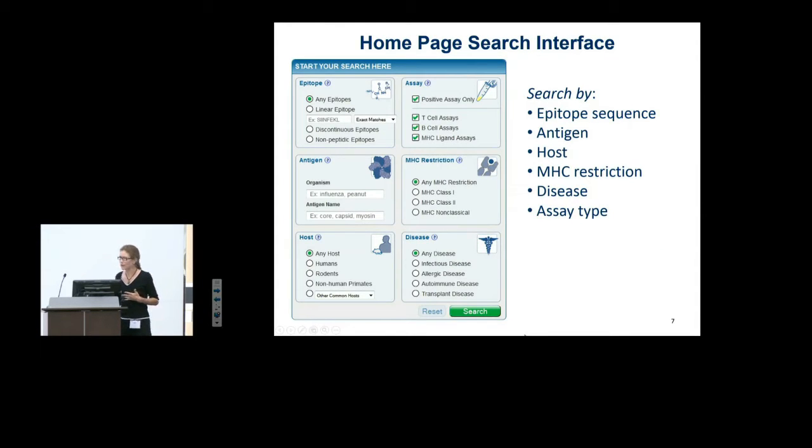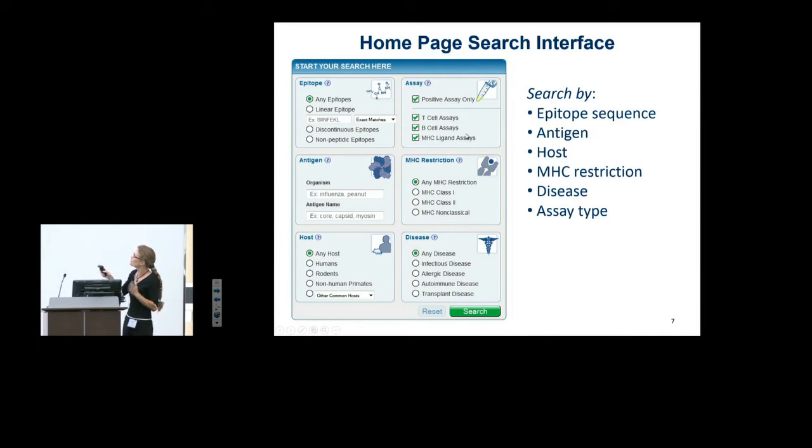So we will start here on the IEDB homepage. The main query interface that is located here was designed to be streamlined. It provides a streamlined version of the overall query functions that we have in the IEDB, and it covers 6 main elements of the data. You've heard a little bit of this already from Randy, and I'll go into detail about